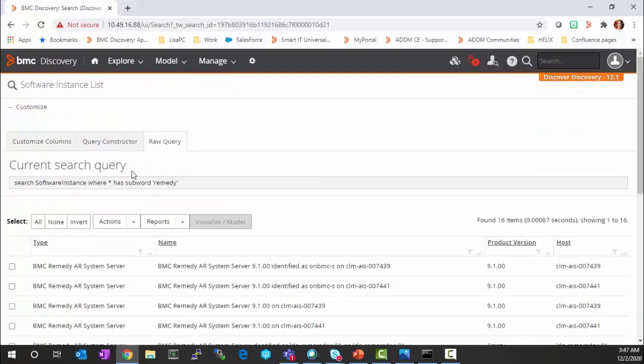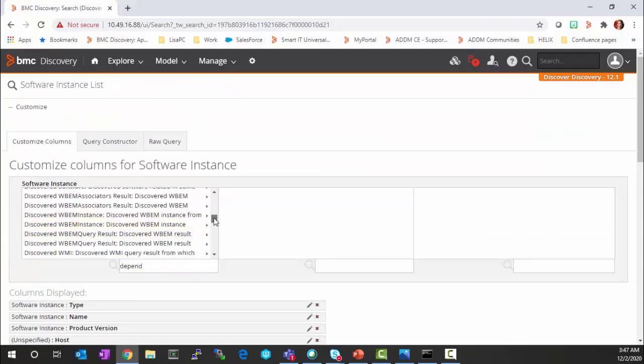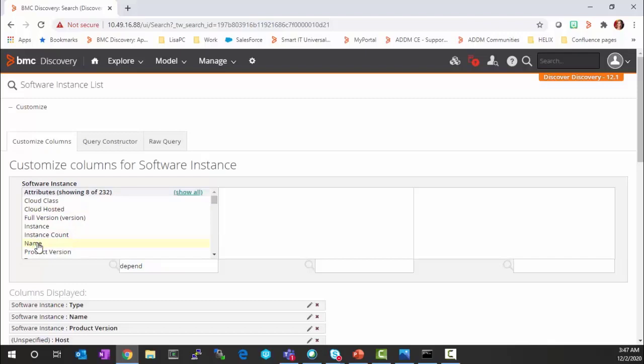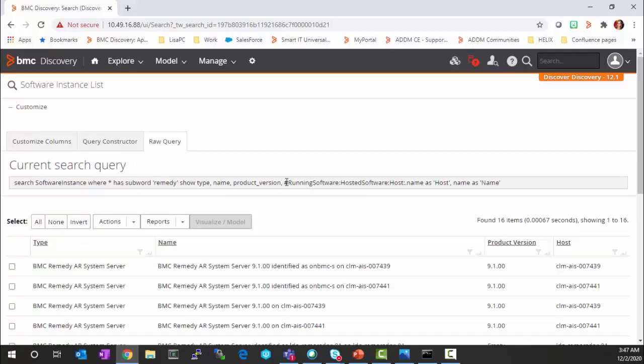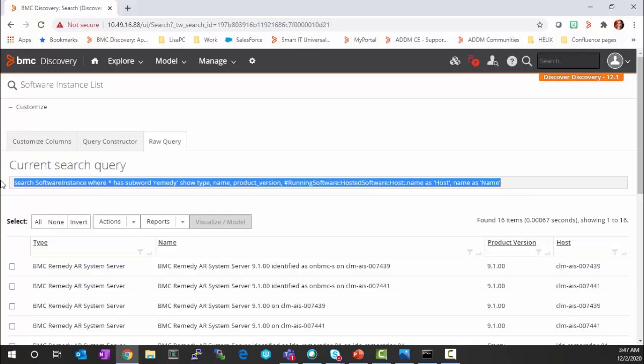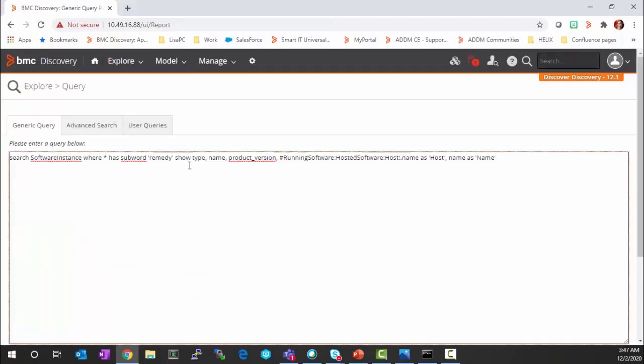Let's look at the raw query. Okay, let's do the trick from the first webinar. I'm just adding something again and then looking at the raw query. Okay, the reason I did that is I just want to look at a traversal here. Okay, I'm going to take this query and I'm going to modify it. So I'm going to go to Explore Query, paste in that query. I'm going to remove the one attribute I had added on the end. I took that stuff from the bubble and I pasted it there. And now I need to say what attribute I want from there. And so I'm going to say .name